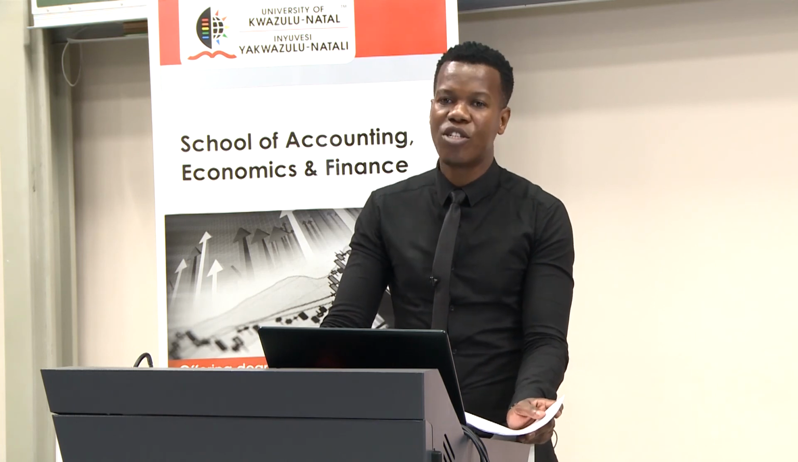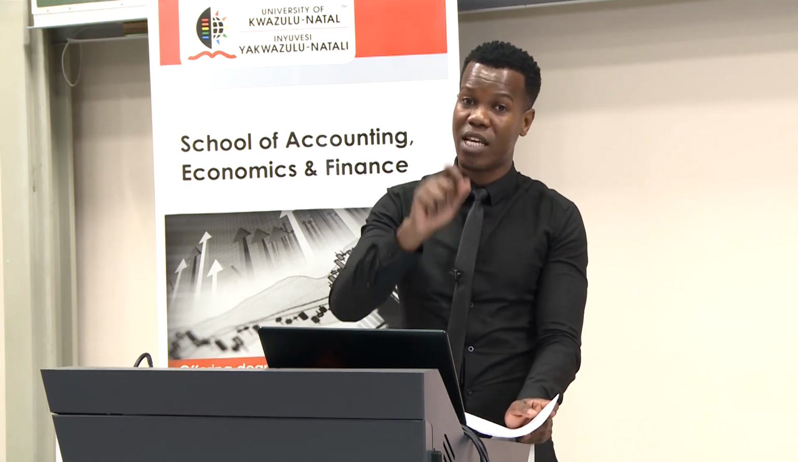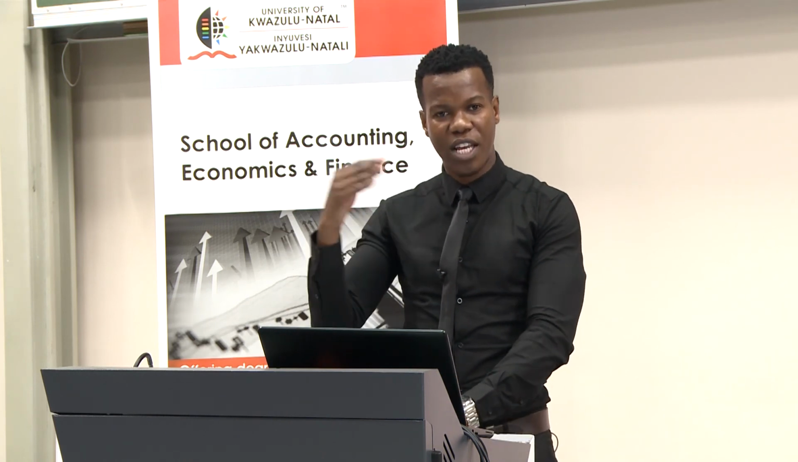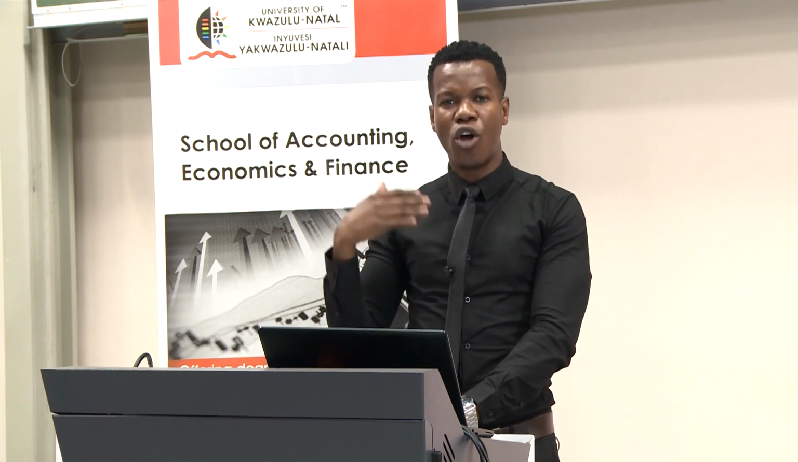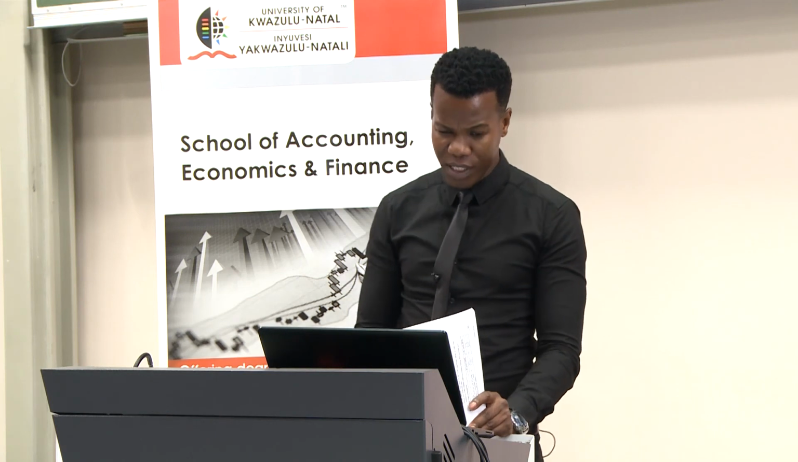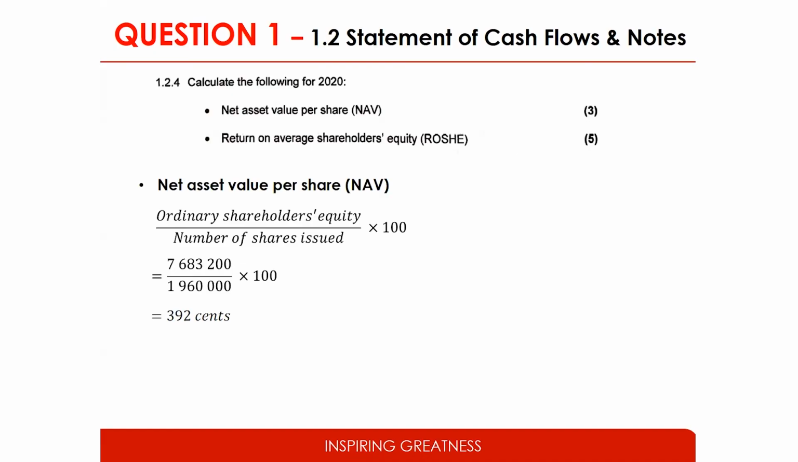So you will need to be in a position to identify and say, okay, this is the current ratio, this is the asset test ratio, this is a net asset value ratio. Having that knowledge to identify the ratio in your question paper, even though it's given to you, will also help you quite dearly. So for a net asset value, all we need is your ordinary shareholders' equity that we have already calculated